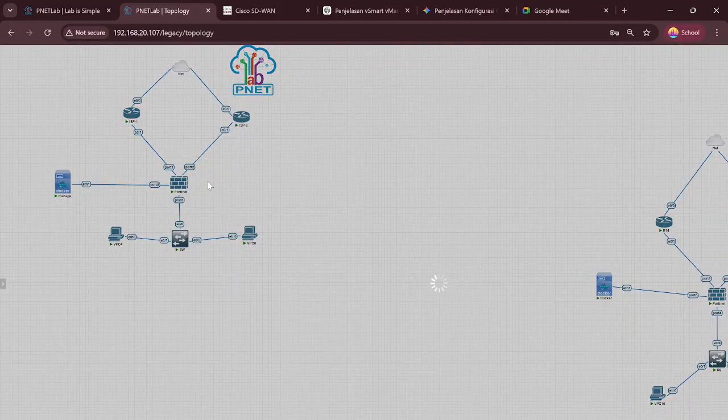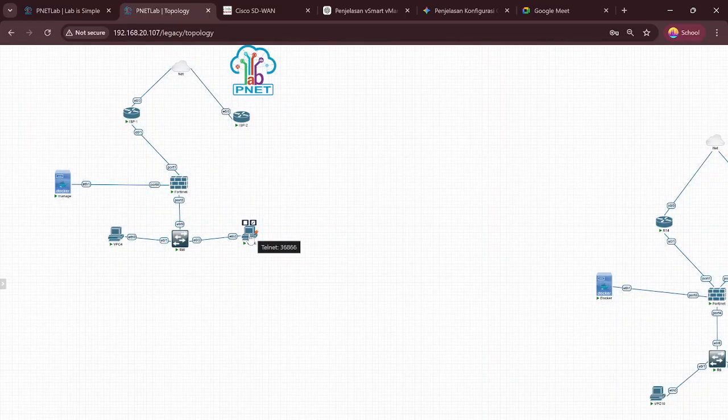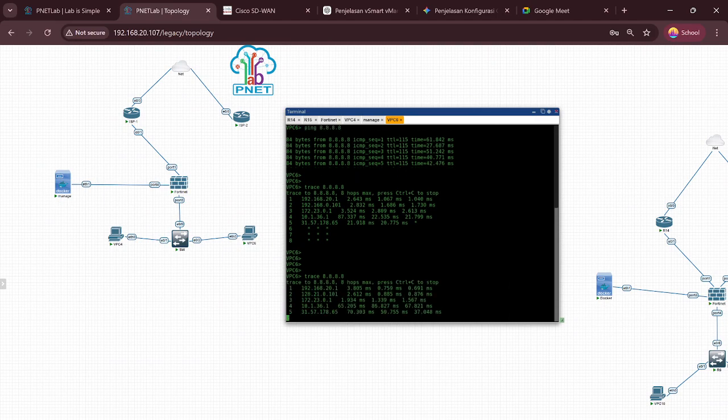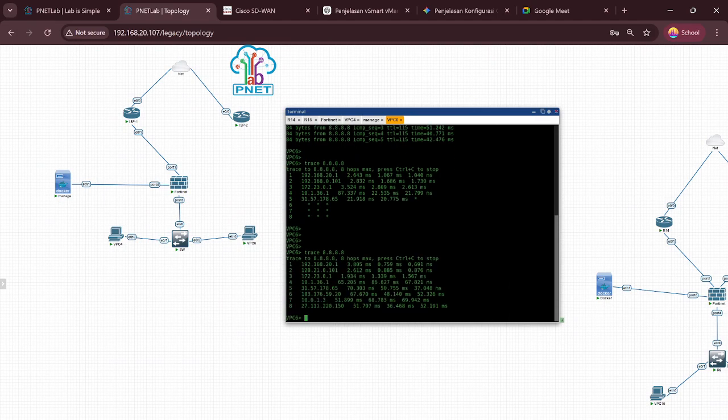Delete. Okay, check the traffic from VPC6, trace. Okay, the traffic changed to ISP1 because the link to ISP2 is down.